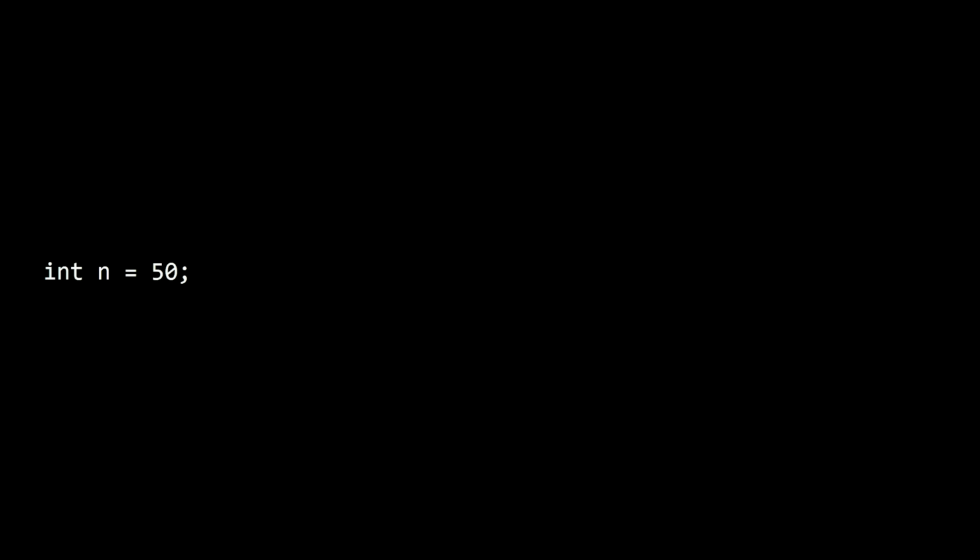Well, suppose that we have this line of code again, where we had int n equals 50. And then we had this other line of code where we said, go ahead and create a variable called p and store in it the address of n. That's where we left off earlier. But it turns out that this thing here is our data type from week 1. This thing here, int star, is a new data type as of today. The variable stores not an int, but the address of an int.